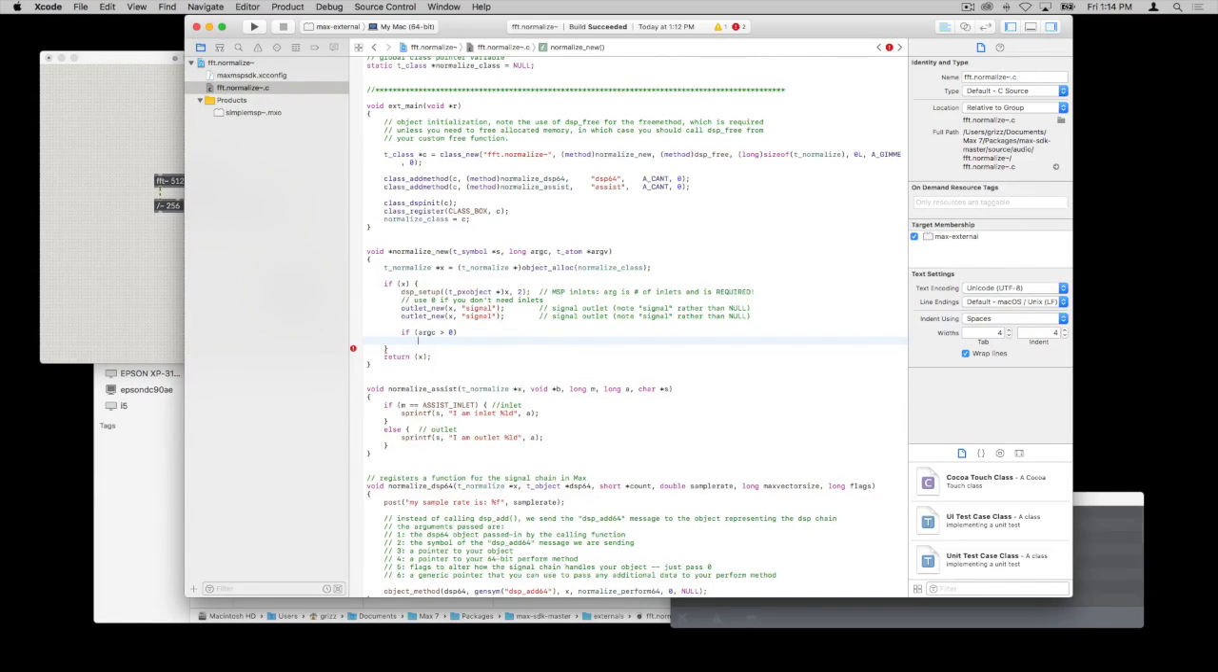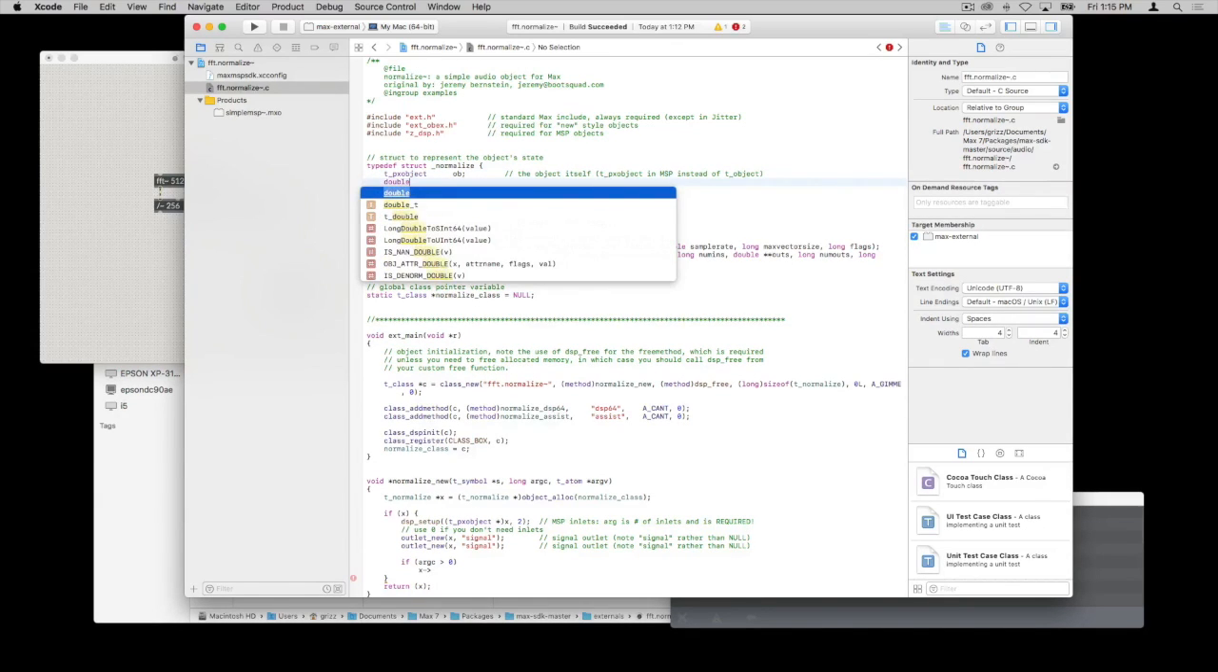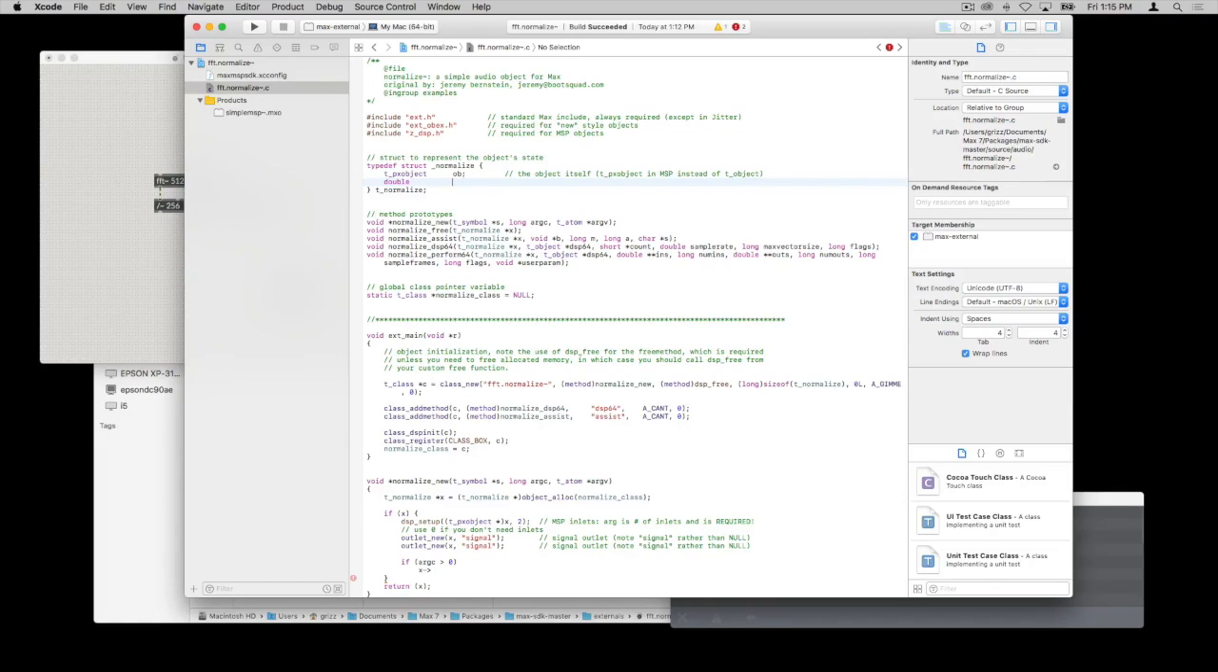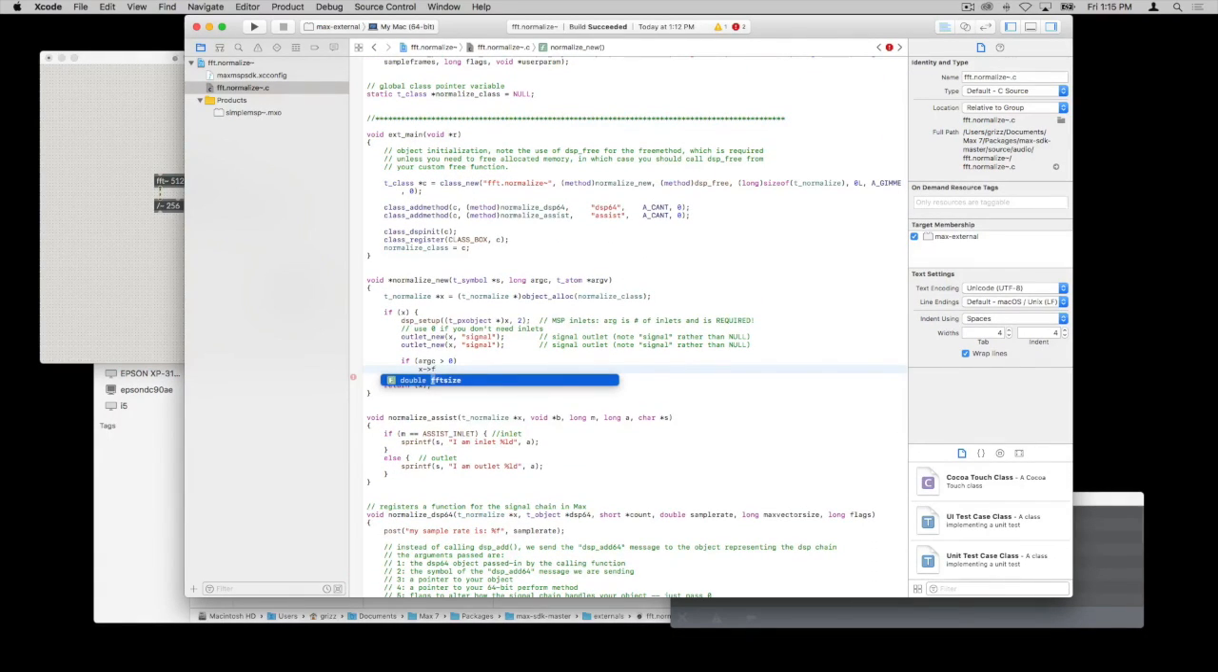we want to make an assignment of the size into our struct of that first argument. And so to access our struct, which is a pointer to a t_normalize, we use the arrow, and then we'll need to have a member to hold this value. So let's come back up here. We'll add a member here, and we're going to say double FFT size. Now we can come down here and say x arrow FFT size, autocompletion shows us it's there,